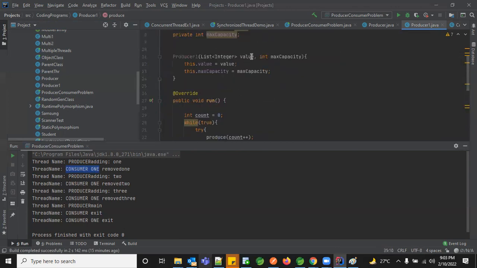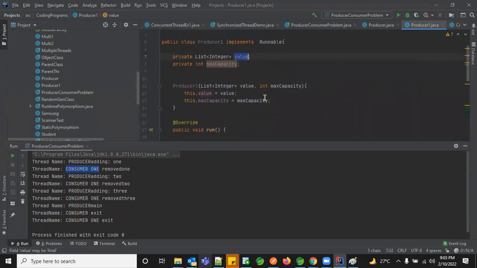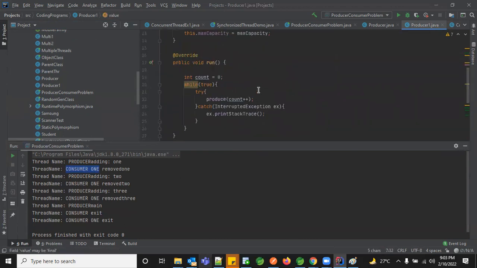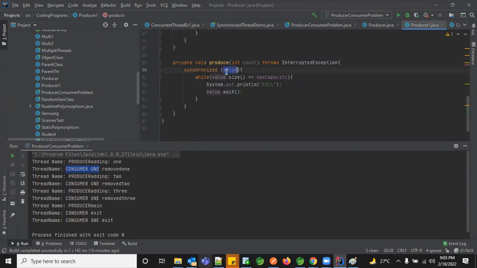My common object is the list value. I'm using that, and with that I'm trying to increment the count. And whenever I'm incrementing the count, I'm using the synchronized block to have control on the shared resource, making sure that whenever the maximum capacity is achieved, I'm giving control as wait, because I already exceeded my list size.